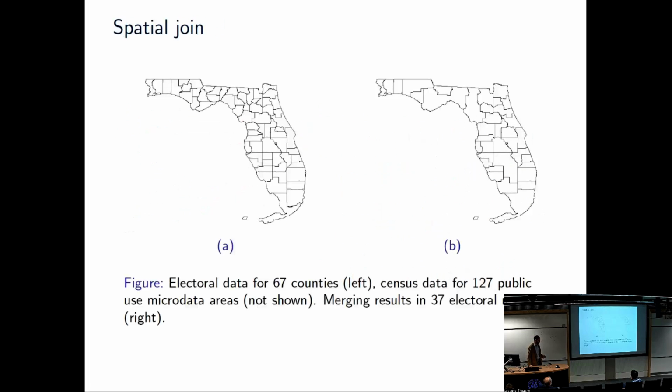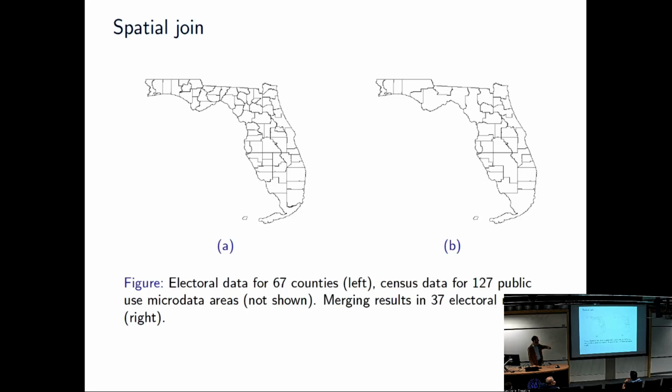Okay, so immediately we have a problem. The electoral data, for example, in Florida, there are 67 counties. At some point you can get finer grained data. And so we were working with what we had readily available, but as time goes on, there are people who are going around to every single tiny precinct in the United States and getting that into a database. And so probably now we could go back to 2012 and get finer grained data. Is it useful? Okay, well, we've got the 67 counties.